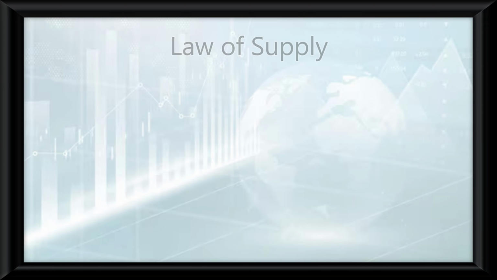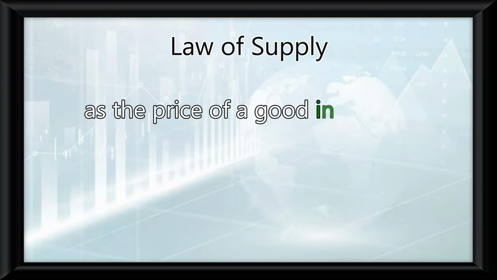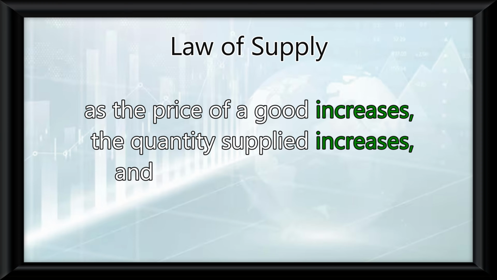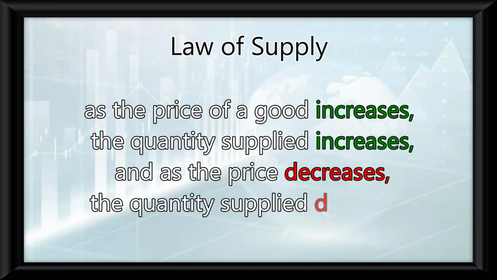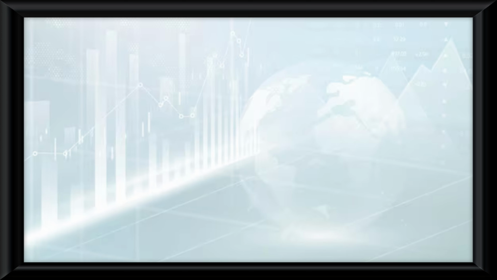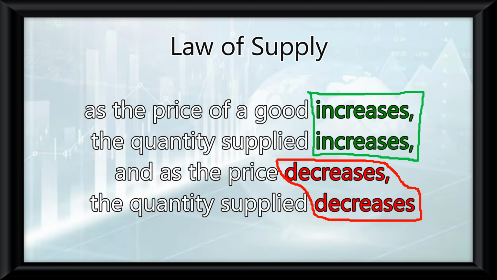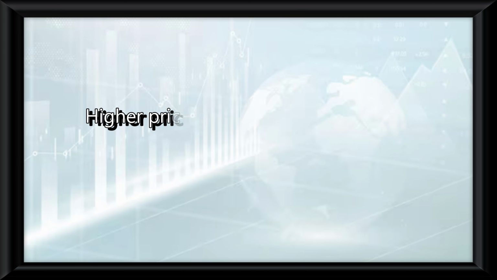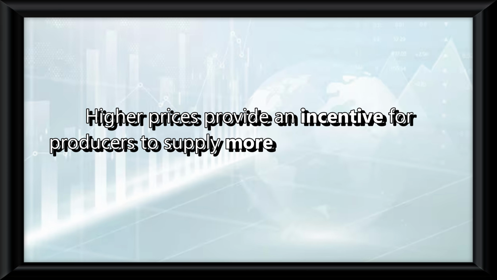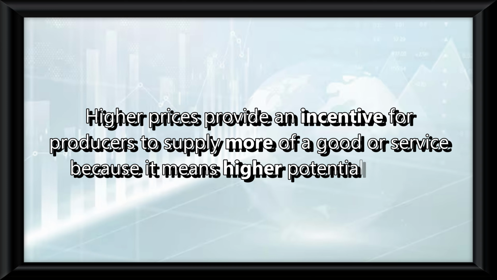Let's start with the law of supply, which states that as the price of a good increases, the quantity supplied increases, and as the price decreases, the quantity supplied also decreases. So unlike demand, where there's an inverse relationship, supply has a direct relationship between price and quantity. Higher prices provide an incentive for producers to supply more of a good or service because it means higher potential